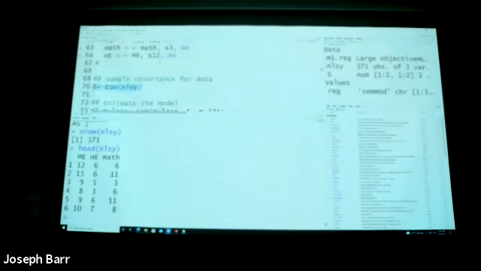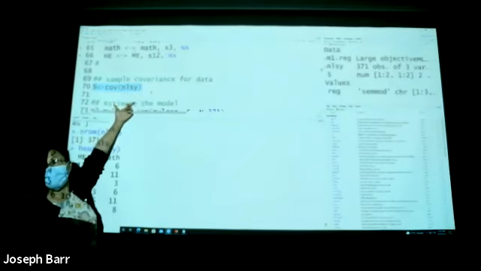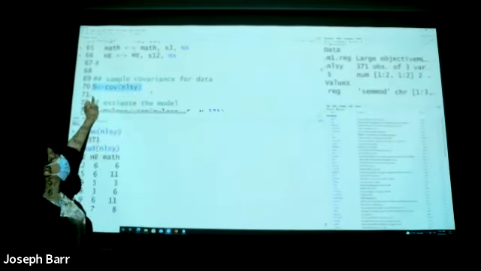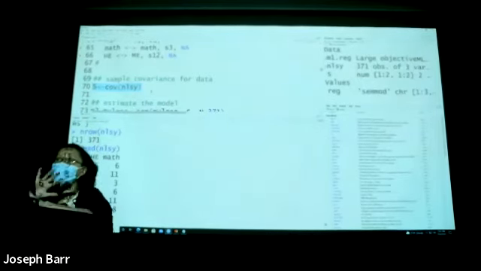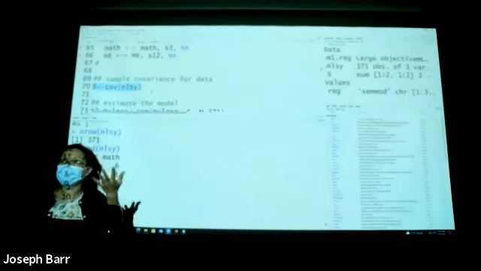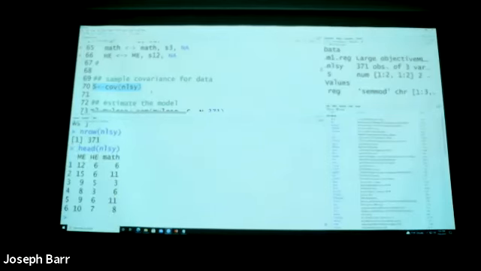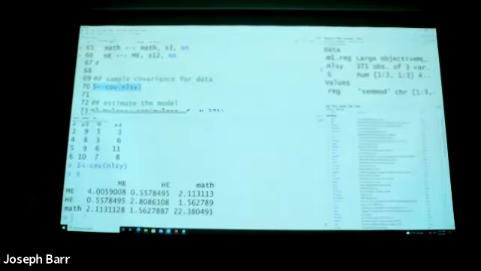Now the second step, you're going to calculate the covariance matrix of your data. How? Just use cov, the covariance matrix of your data file. That's it. You create the S. S now is totally based on your data, no model involved. Just do the cov. And then you can check the S here. This is the covariance matrix of your data set.